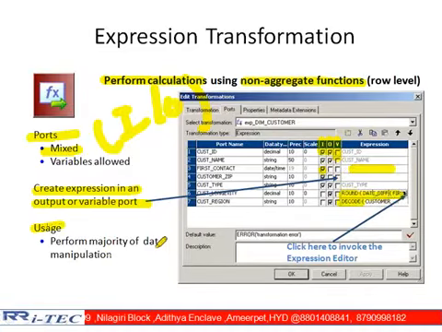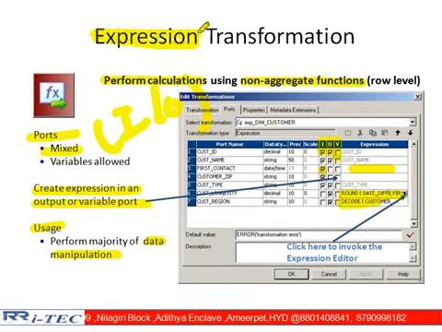Now the use case: whenever you want to do data manipulations, if you want to convert one form of data into another form, we go for this. Rounding is one data manipulation. Suppose I am getting the price as 12.52, let us say 12.34 paisa, something like that. If you want to round it to only rupees or dollars, you can round it to 12 rupees or $12. At that moment you go for round, and decode similarly. Any data manipulation you want to do, we go for